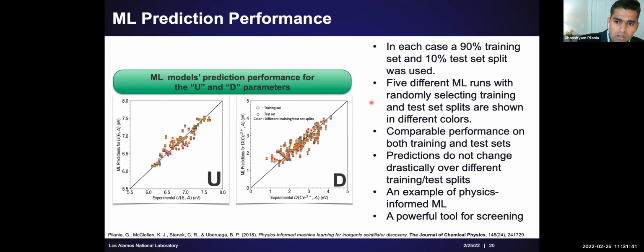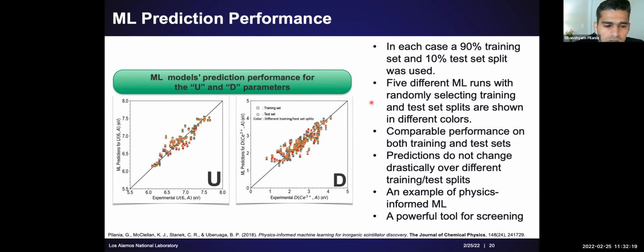And maybe that's the best we can do right now with the given size of the data set. Maybe as and when more data becomes available, these models can be improved. But this is already very powerful because it allows us to come up with an alternative scheme, completely bypassing experiments and start making predictions on scintillators. But the question is, is this level of accuracy predictive enough? And so for that, we go ahead and start doing tests.